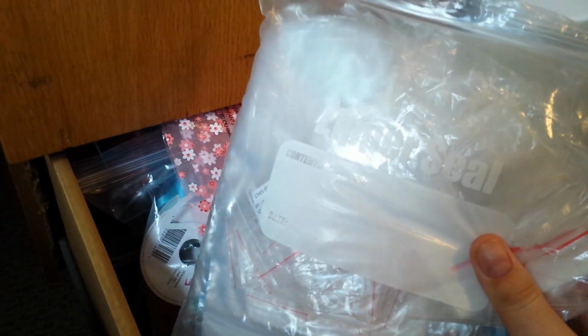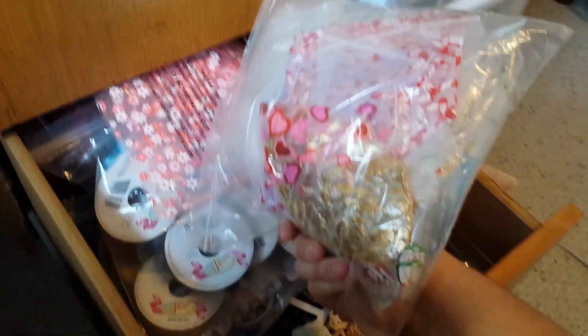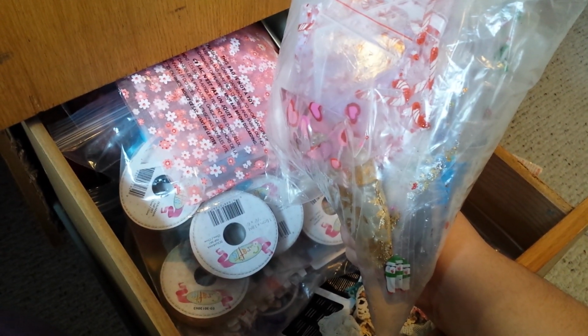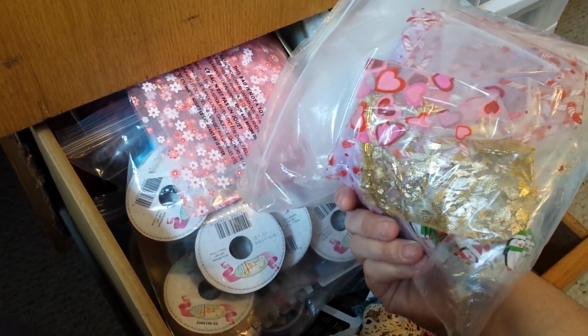Anytime I've ever gotten a baggie or a bag, I throw it in here because you're never going to know when you need a bag. And please don't tell me I'm the only one who does this. What if you never need a bag? There's like a million bags here. So I've got my bag of bags, some more organza bags,